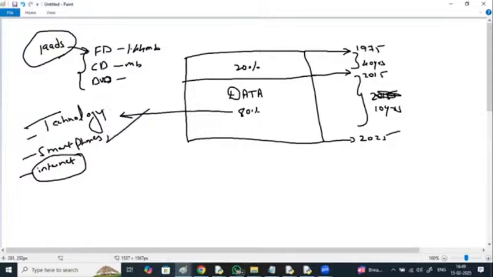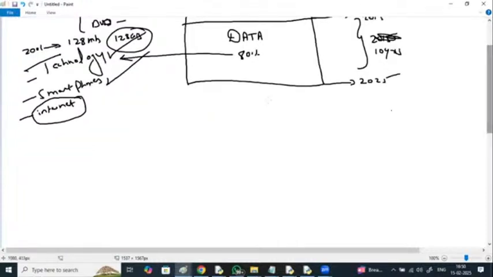Because of the usage of technology, data has increased a lot. When mobile phones were introduced in the early 2000s, around 2001 or 2002, the internal storage was 128 MB or 256 MB. Now even 128 GB is very small storage. In the coming years, it is going to reach terabytes and petabytes.